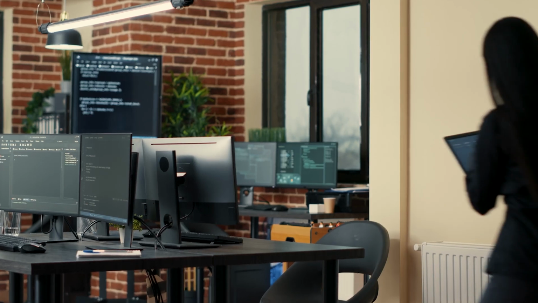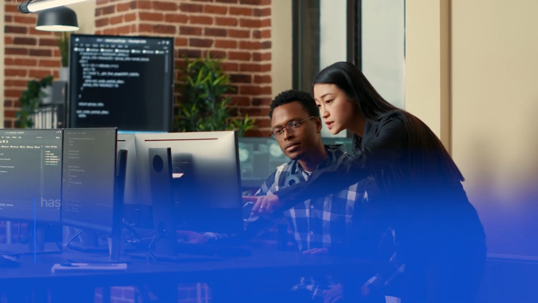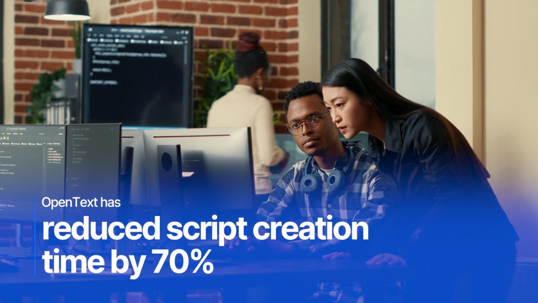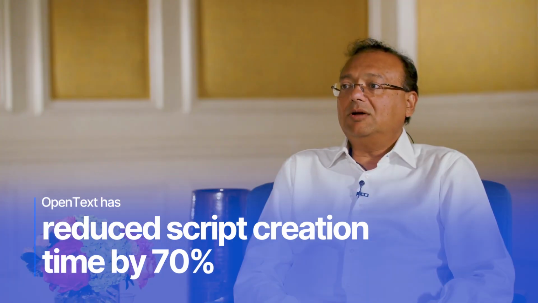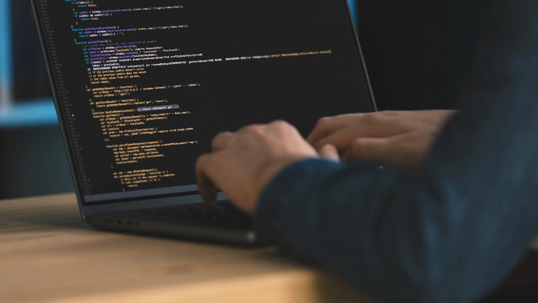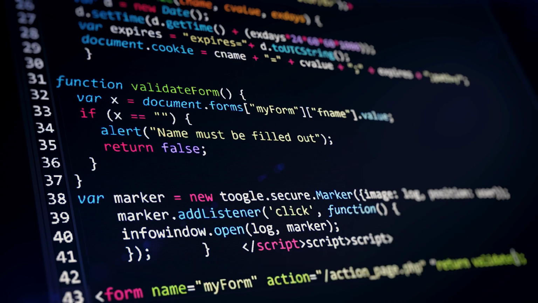With TrueClient now, because we are able to move so quickly and have these scripts ready, we are able to catch these performance issues very early on in the cycle. The time it takes to create the script is literally 60-70% shorter than what we had to do earlier. We are able to release a lot more performant product. It increases our confidence as well as the confidence of our customers when they use the products.